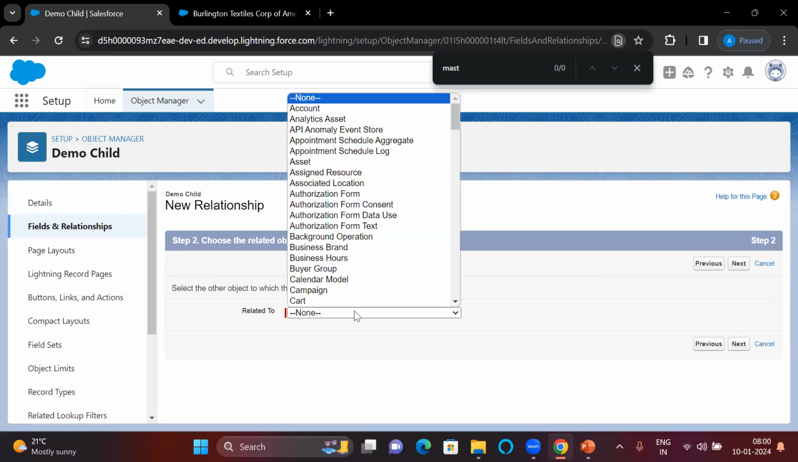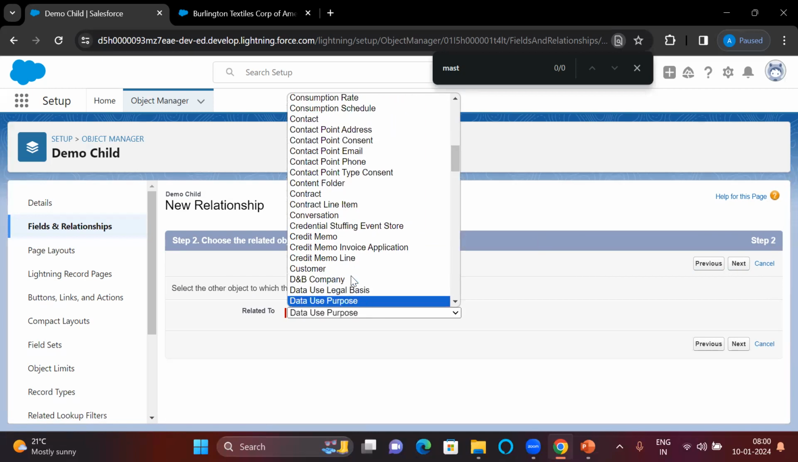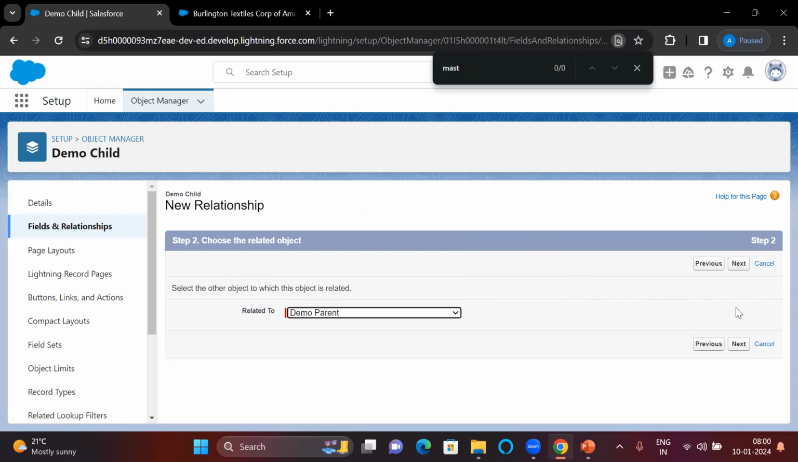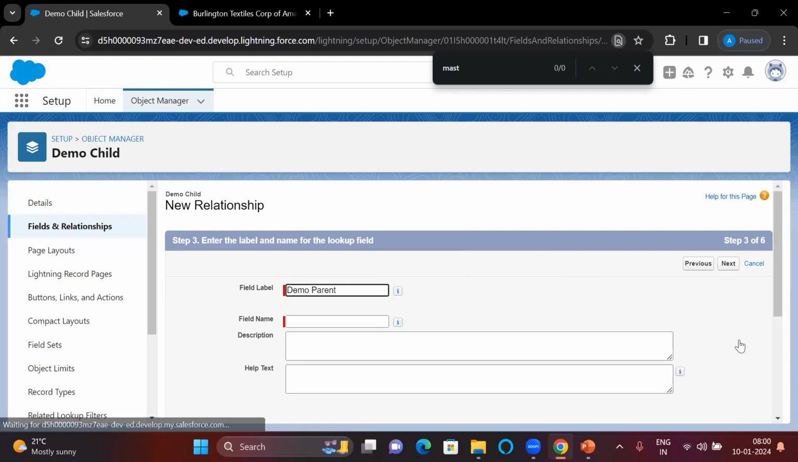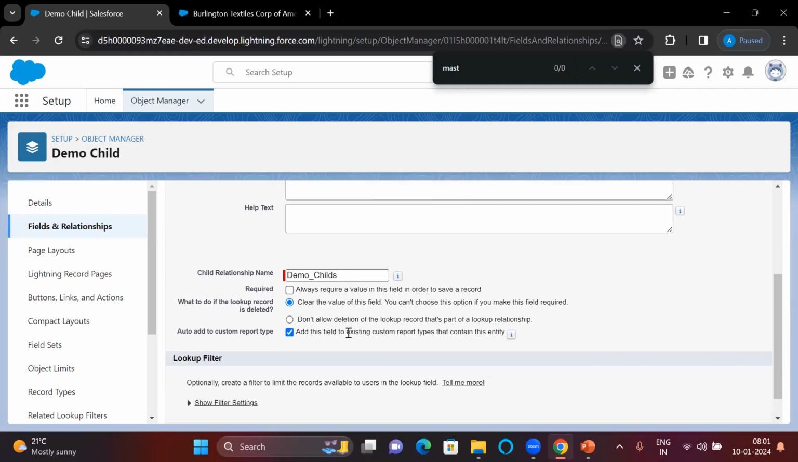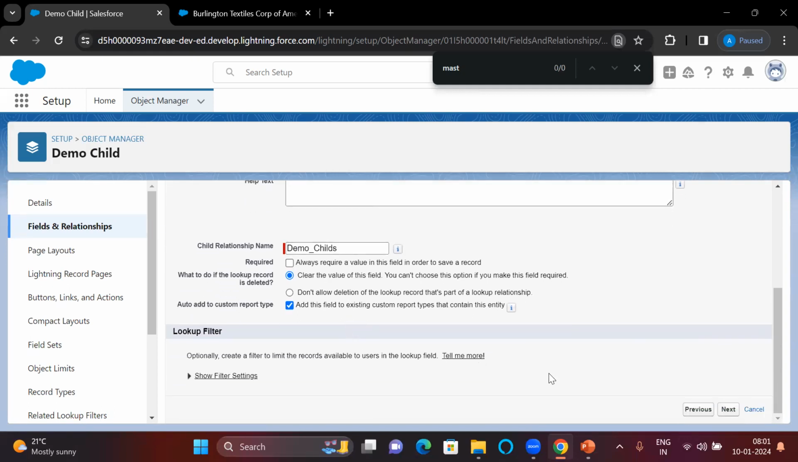Whatever object we are selecting here, right, this will be the parent. Demo parent. Next. So here it shows child relationship name. On the parent object, the child lookup label will be demo childs. And if you want to have any filters,